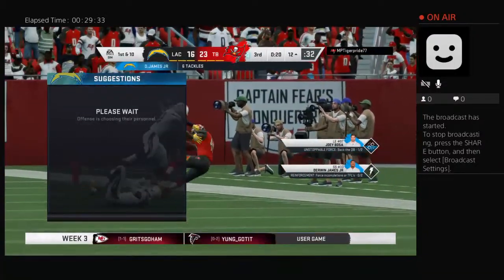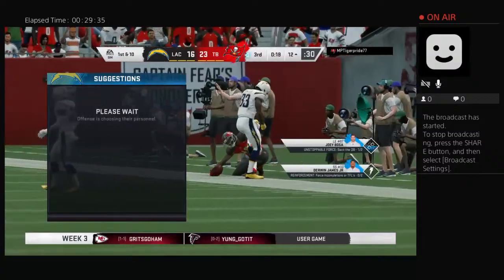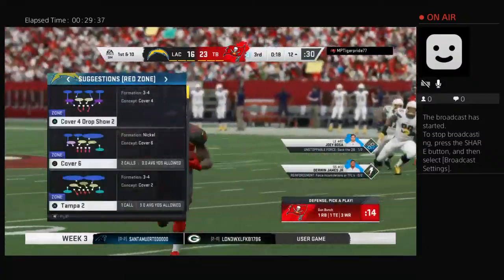Looked like the screen pass was taken away there, but what a nice job improvising, finding other options, and completing